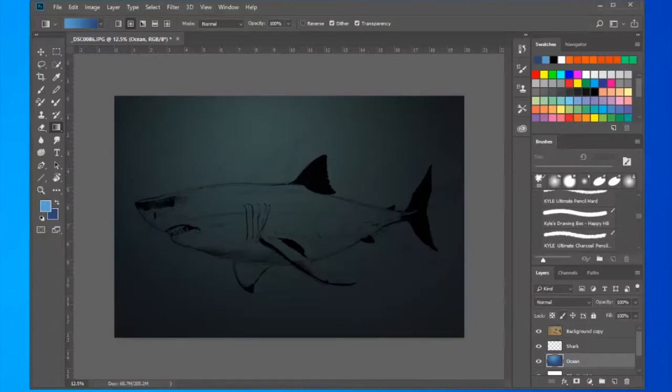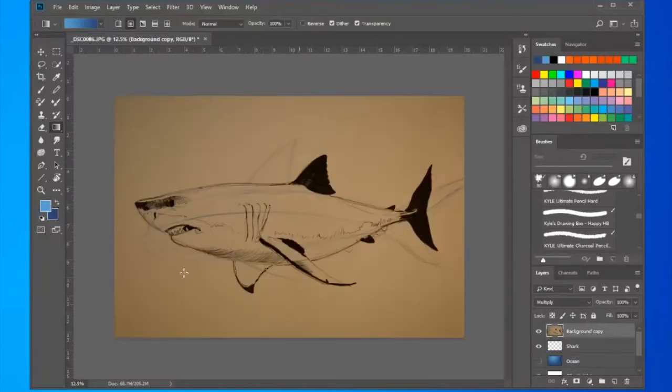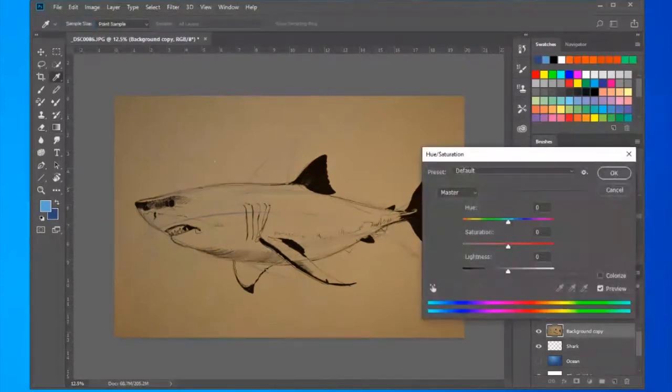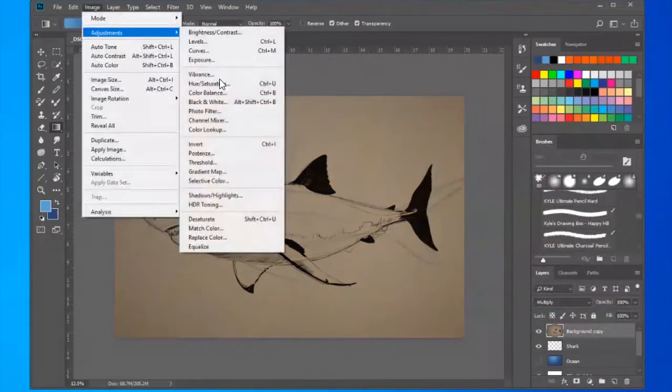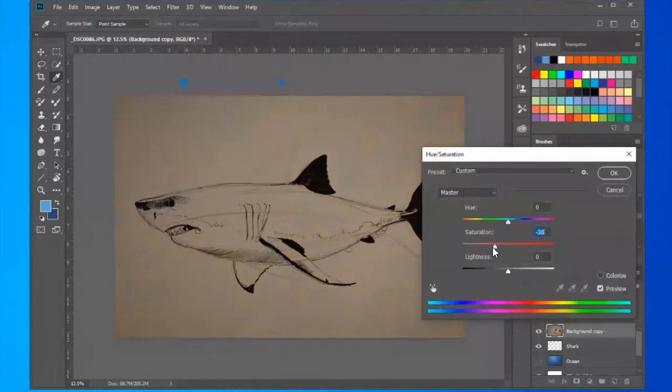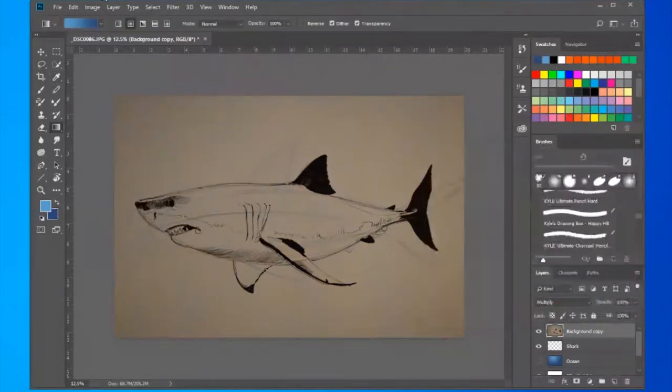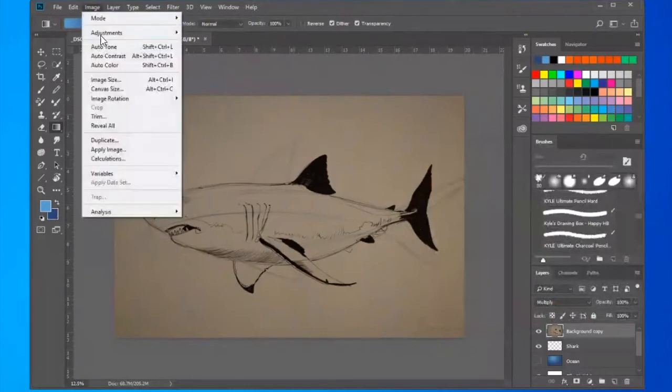So I have to get rid of these blue sketches here. I'm going to touch up this layer so that it's not as dark. I'm going to start by going ahead and desaturating it, which will take some of that yellow out of the paper. And that's just going under image adjustments, hue and saturation. And I just lowered the saturation, right? So from there, I'm going to go ahead and play a little bit more with the contrast